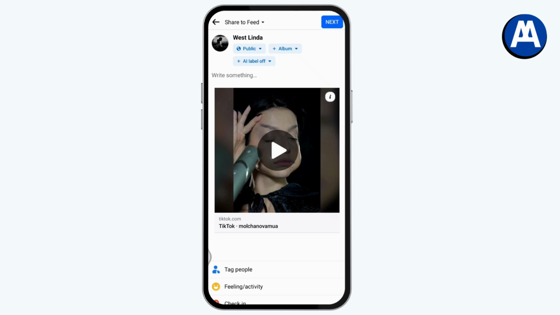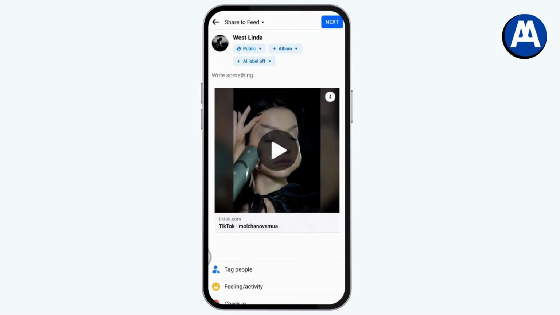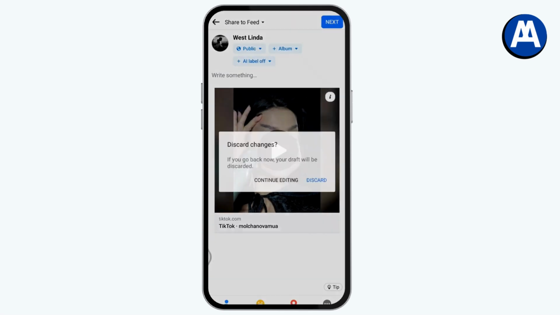But if it takes you to the post section, then you need to simply go with the upper side, which is share to feed, and go with the drop down. And here you will have on a friend's profile or in a group. But if you don't get on a story option, then you can simply go back and discard and go with